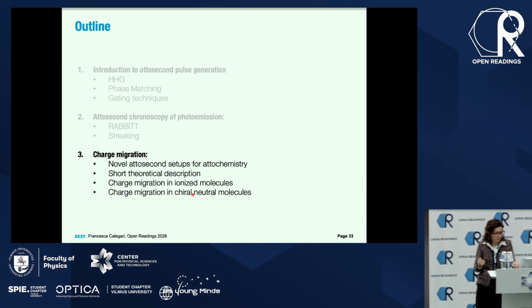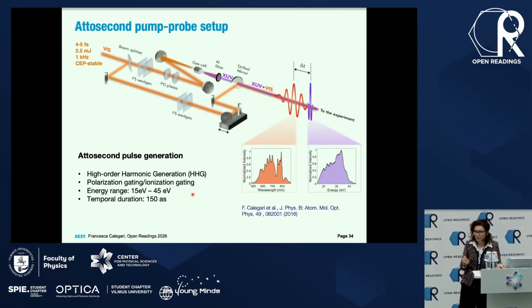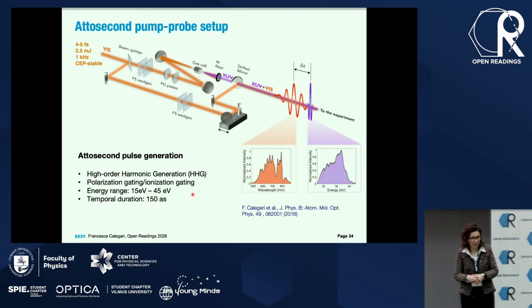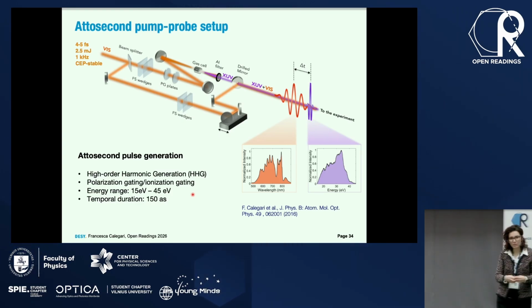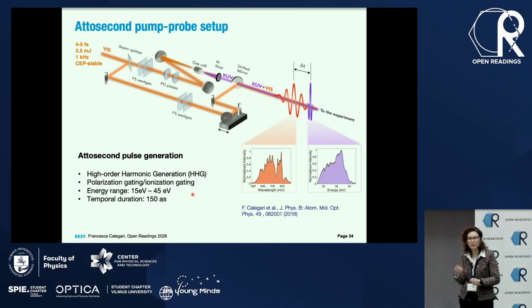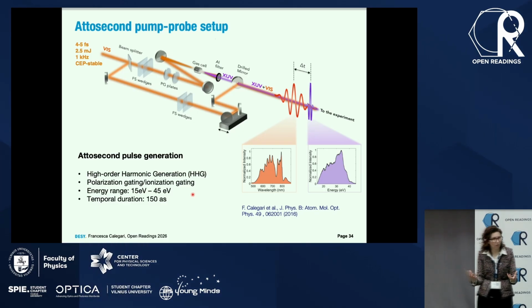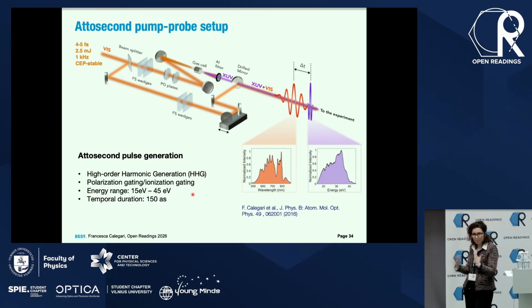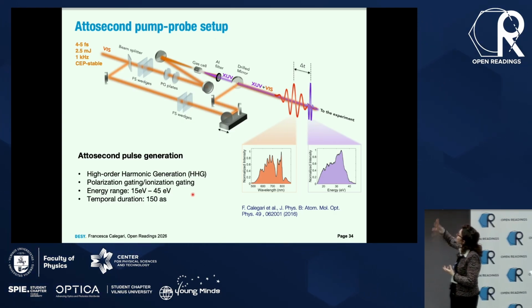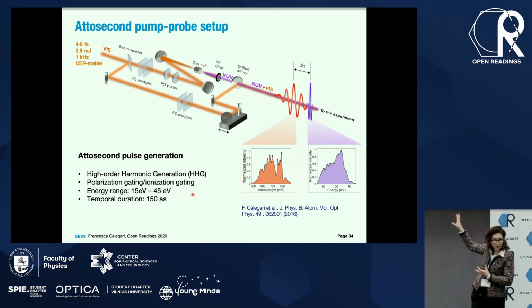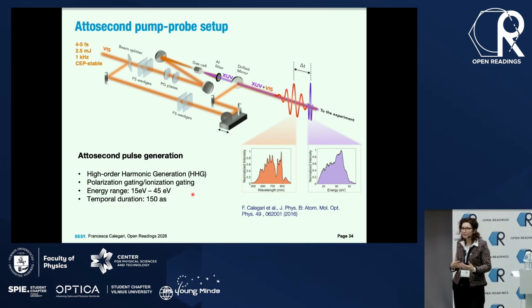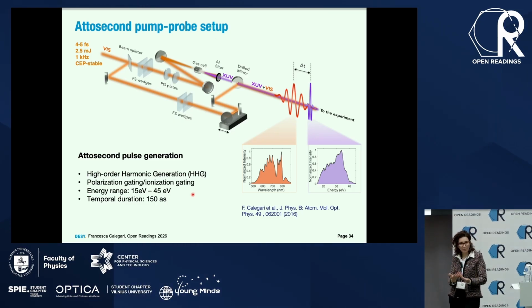Okay, so let me first talk a bit about the light sources, because again, the way we want to do this attochemistry, or the way that we want to image and control the dynamics of electrons in molecules, is based on this pump and probe approach. And here is again the interferometer I showed you before, and this was the way, as I will show you in a moment, in which we started the investigation of these electron dynamics in complex molecular systems